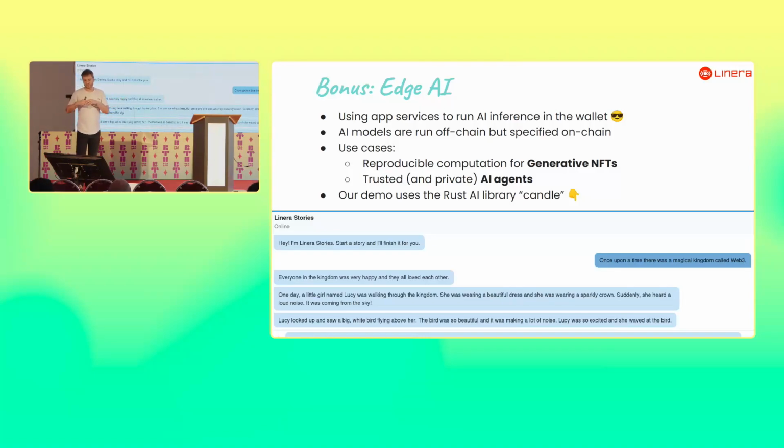So you have a secure enclave that you can trust that is going to run AI inference. You could query the model using private data. You have the assurance that the data are going to stay private. The models are just run by you in your wallet, so you know you can trust the result of the computation.